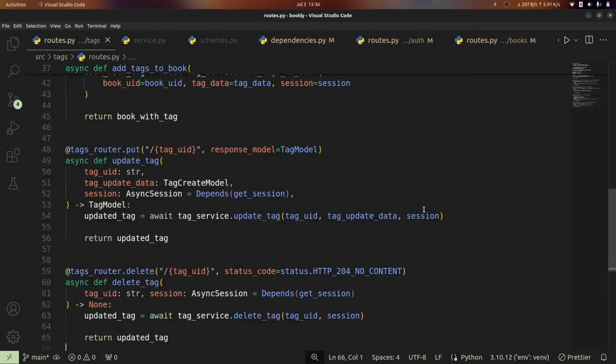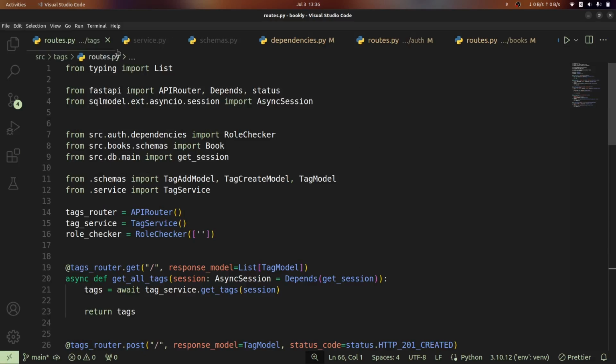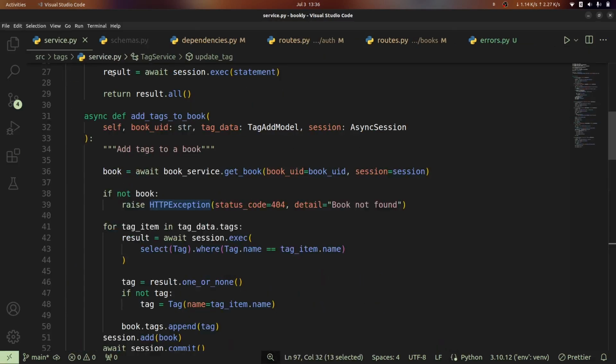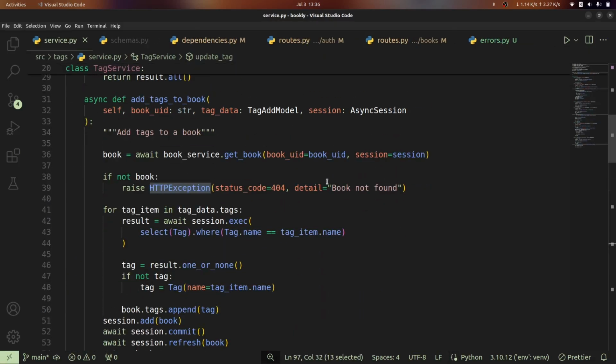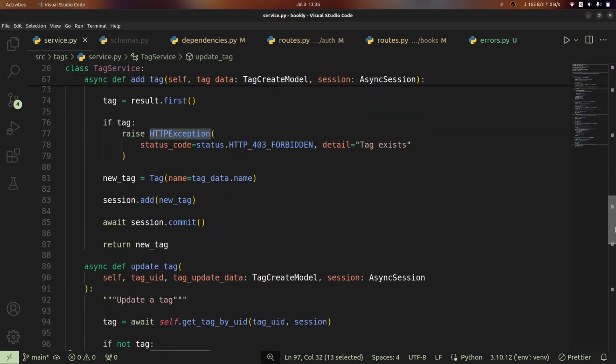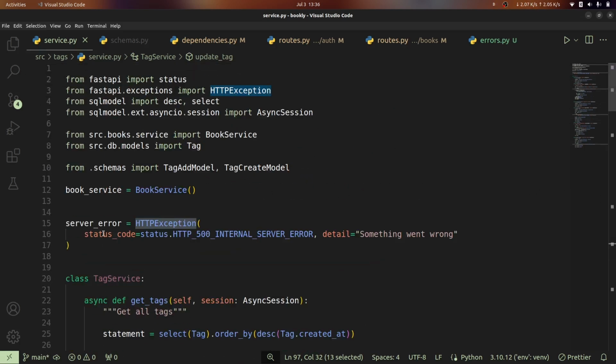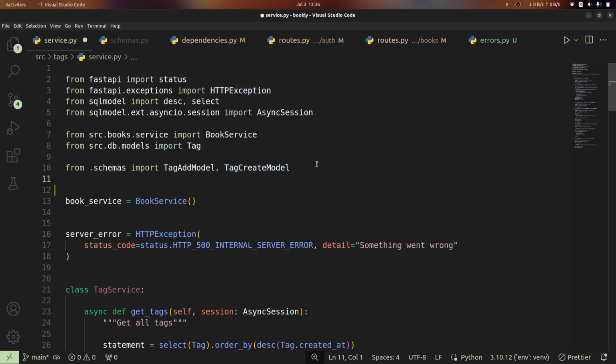So within our routes, we do not have any place where we are raising exceptions, but we can go to our service, and I think that's where we went ahead and raised the exceptions. For example, where the book does not exist and where the tag does not exist. So we can go ahead and simply raise those and basically reduce the amount of HTTP exceptions we are raising. So if I come right here, I can say from,